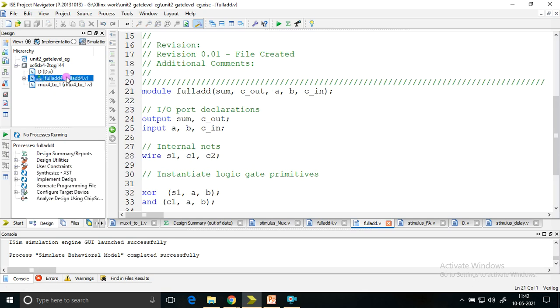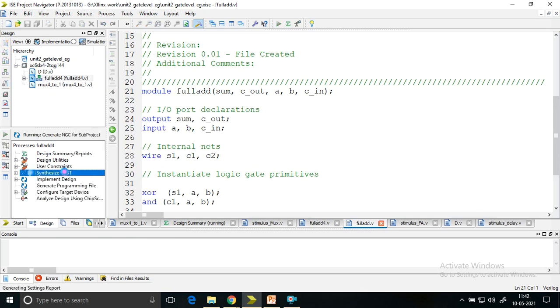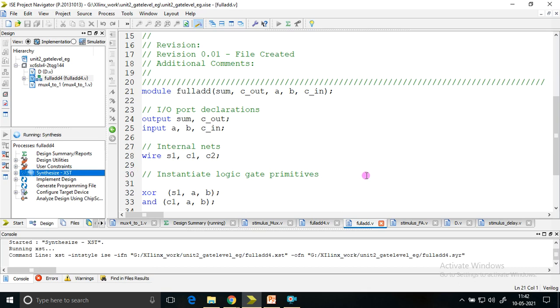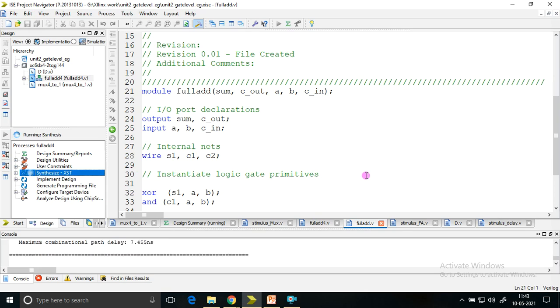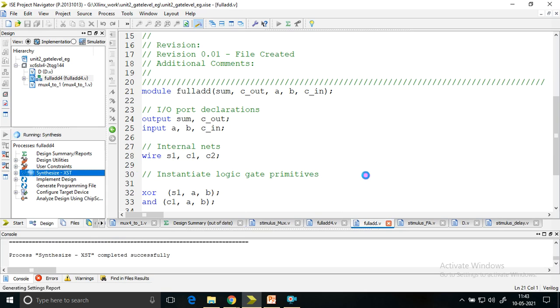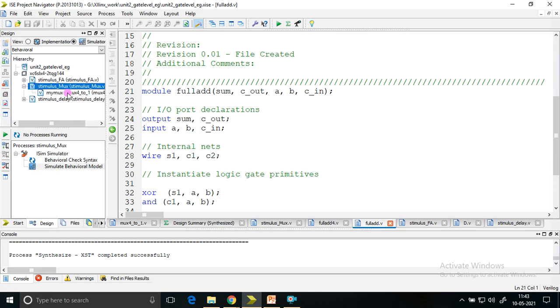So for this, we'll synthesize it. After synthesizing, we shall write a stimulus block, same stimulus block that has been shown on the slide, and we'll check whether it behaves in the same manner as the adder or not. This is a ripple carry adder. In the last session, we had taken a carry look ahead adder. So we just came across two different kinds of adders: ripple carry adder and carry look ahead adder. They have their respective advantages. Okay, so we shall write the stimulus block.